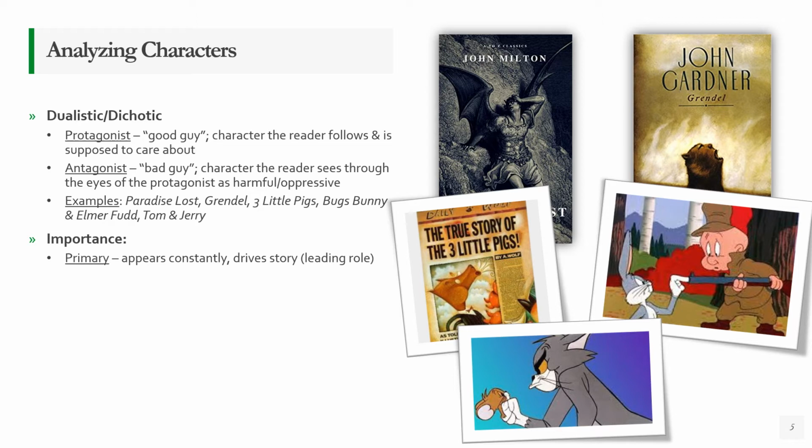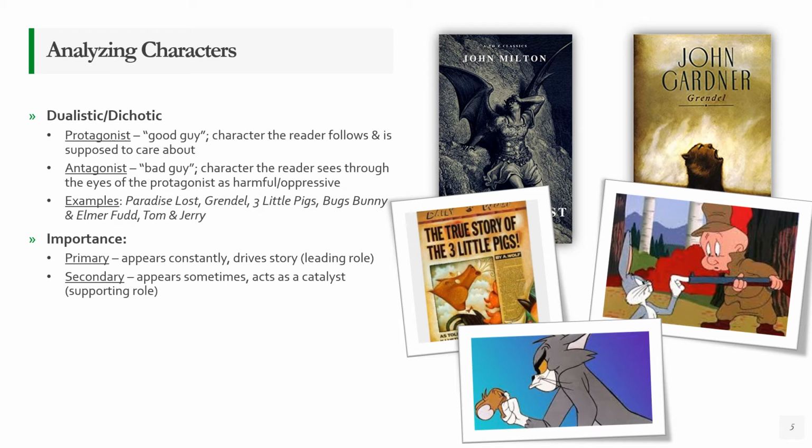And I like to think of this in terms of if you ever watch the Academy Awards or anything like that, you usually have an actor who wins an award for a leading role, okay? And that's what we're looking for here. A primary character is someone in a leading role, right? Someone we see all the time, okay? And the protagonist and an antagonist in most cases are usually primary characters, okay? Ones that we see all the time, the protagonist anyway always is.